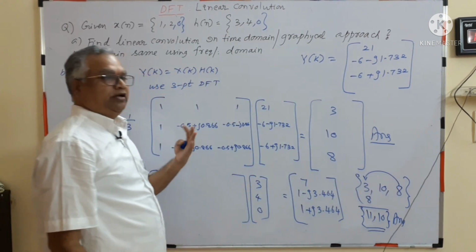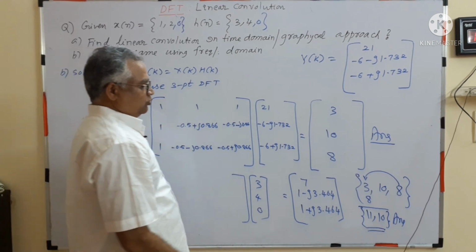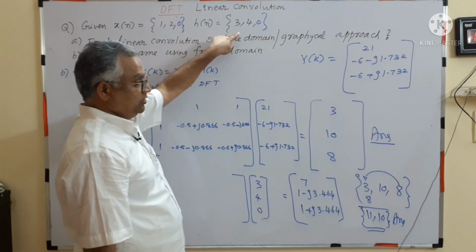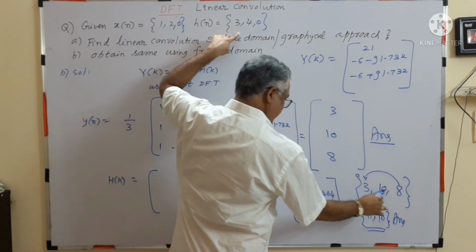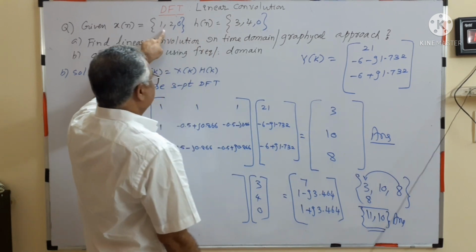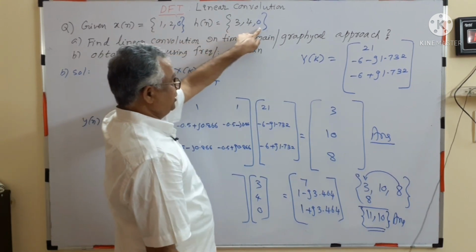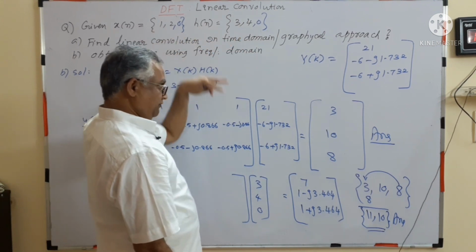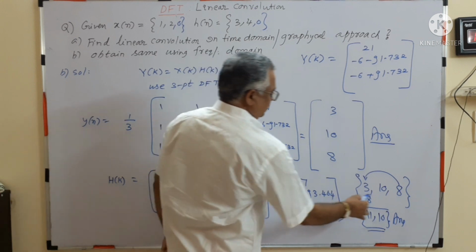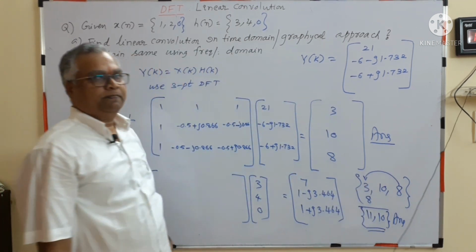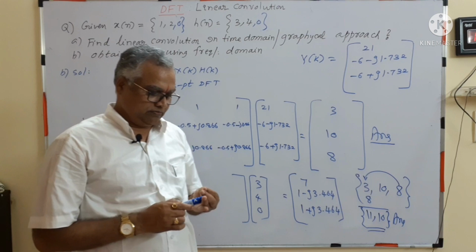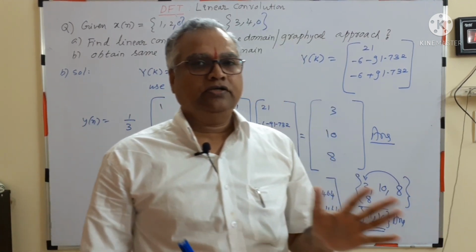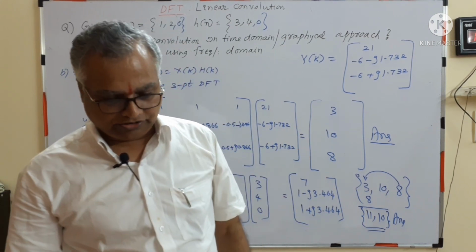Either in time domain or in frequency domain. So how to obtain linear convolution answer from circular convolution? Linear convolution answer contains 3 values, but given containing only 2, add 0 to make 3 values each, then perform circular convolution graphically or in frequency domain, you will get the same answer. So like this you can obtain circular from linear, linear from circular. So with this, the linear convolution concept is over.